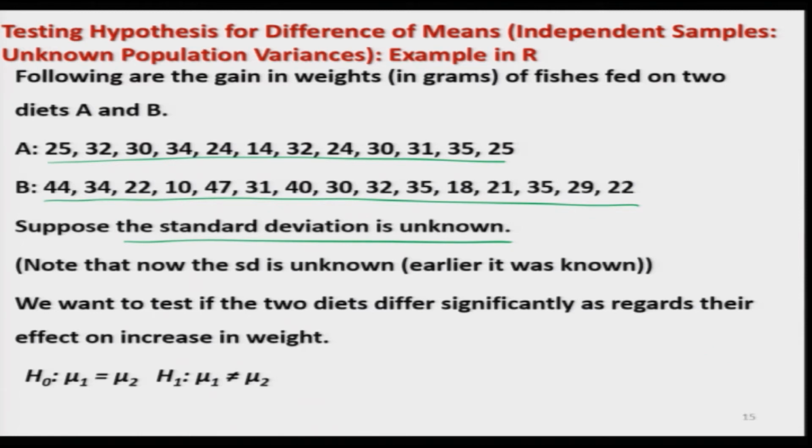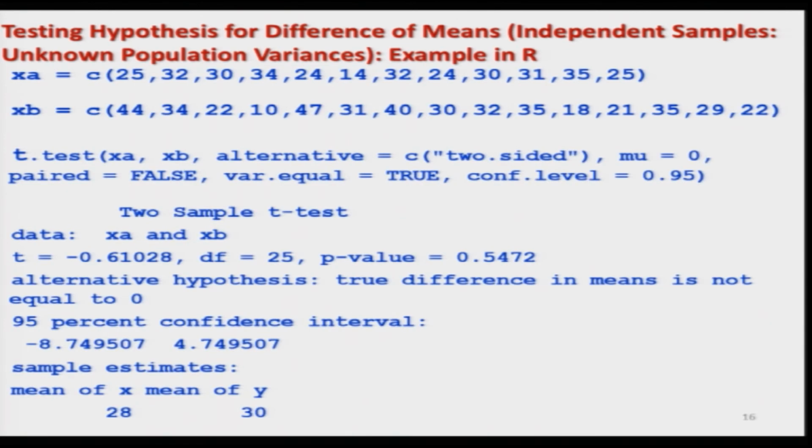Now, I have given you a sufficient idea of how these values are calculated and how these decisions are made based on left tail test, right tail test, or two sided test, right. So, we want to test here the same hypothesis, H naught: mu 1 equal to mu 2 versus H 1: mu 1 is not equal to mu 2. But now, you can see here I have to give this data like this. I have to simply give the same data x a and x b as earlier, and I have to use the same command, but now you have to observe where the change is going to be.